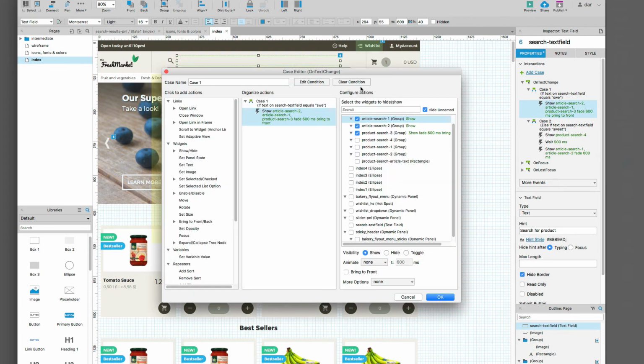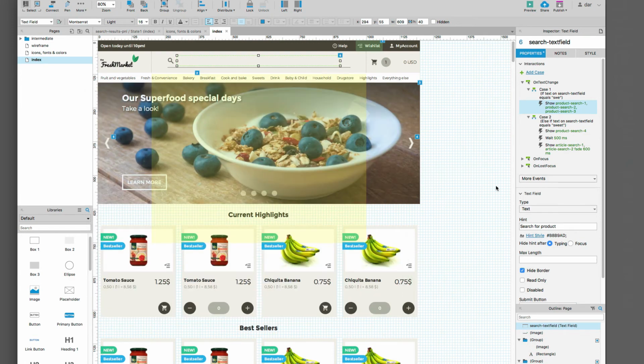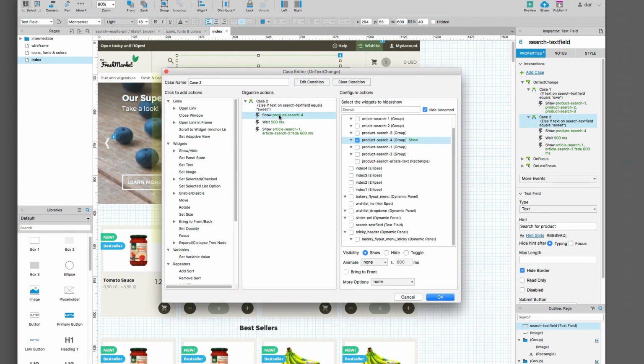Okay, it's not good. It should be the article 1, 2, and no. Product 1, 2, and 3. And down there, product 4. It's okay. Show article 1 and 2. It says okay, but we need